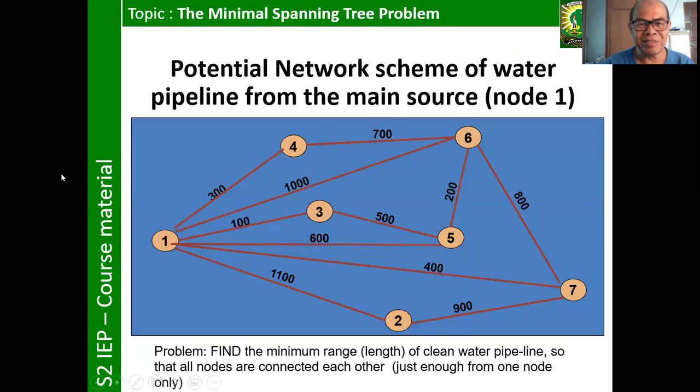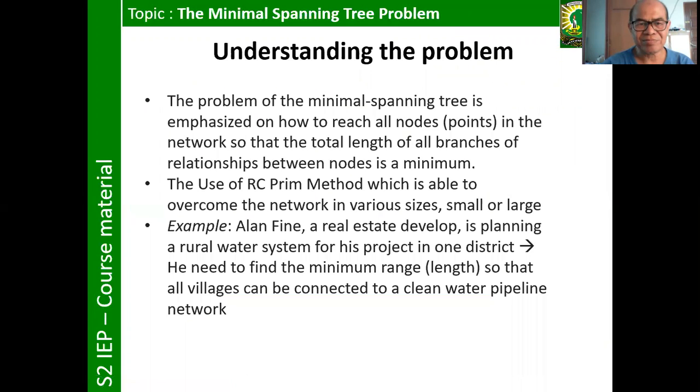I'll show you here. These are nodes from one place to another place, and this is the distance between them. We would like to connect all nodes with just one line, so that all are connected, and we should get the minimum total length of this network. We use the Prim method, the algorithm of Prim's method.